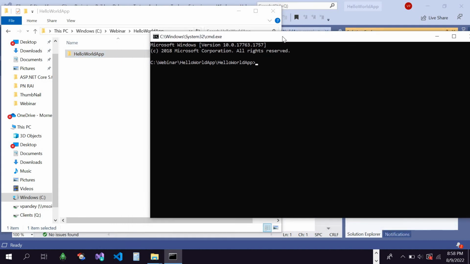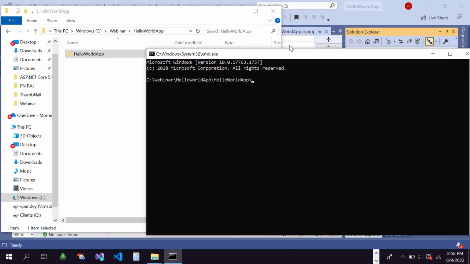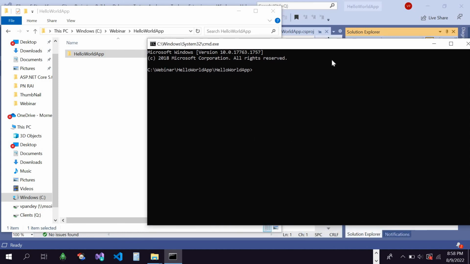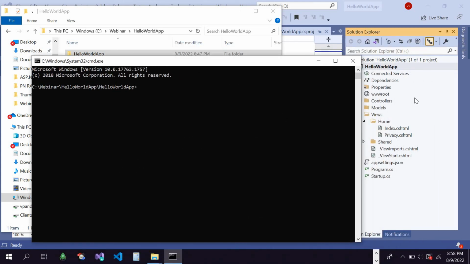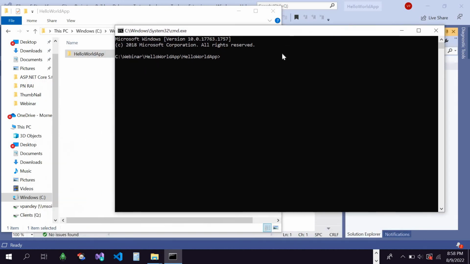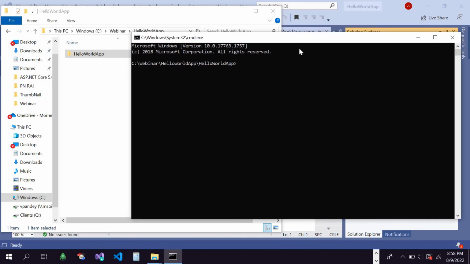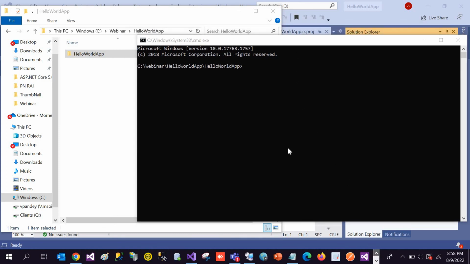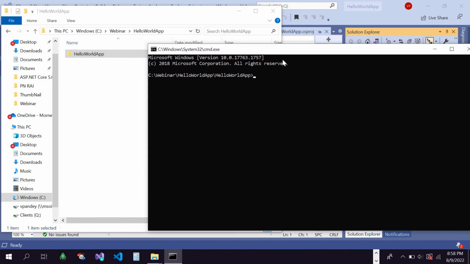So that is done. Now, for pushing the code from my local, I want to push all my source code to the Azure repo, right? For pushing my code from my local to the repository, we need a Git folder, right? Because Git is basically responsible for pushing the code from my local to the Azure repo, right? So for that, we need to initiate, we have a command git init,